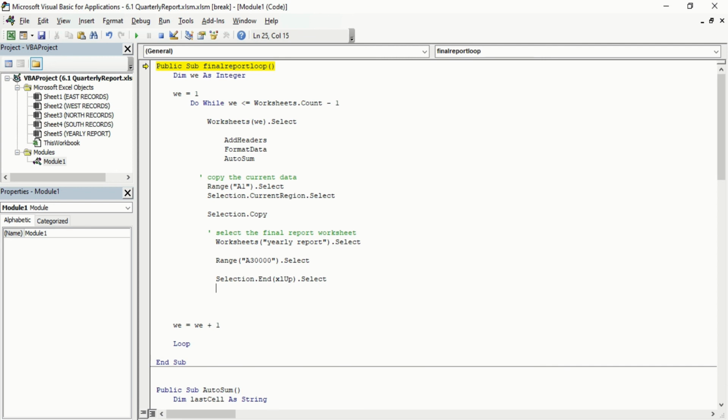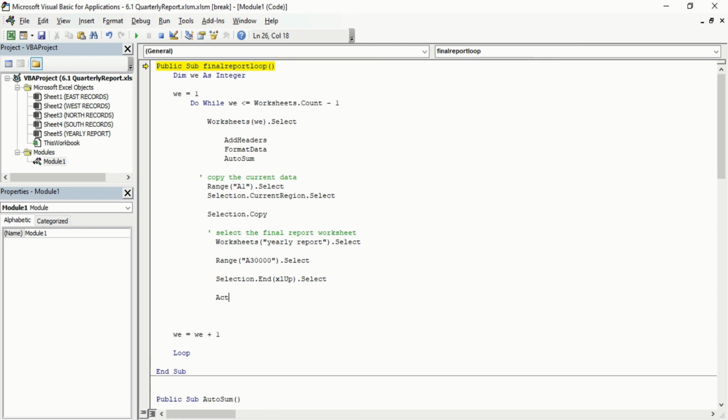Now after this, what will we do? What will it paste? If it comes from A30,000 up to A15 and finds the data, we do not want to paste the data on A16. We want to create some space in between the data, so the headers and everything will be there and not disturbed. So we will write ActiveCell dot Offset. Offset creates a space in between them. How much row offset do you need? I need 4, and a comma, and I do not need a column offset.